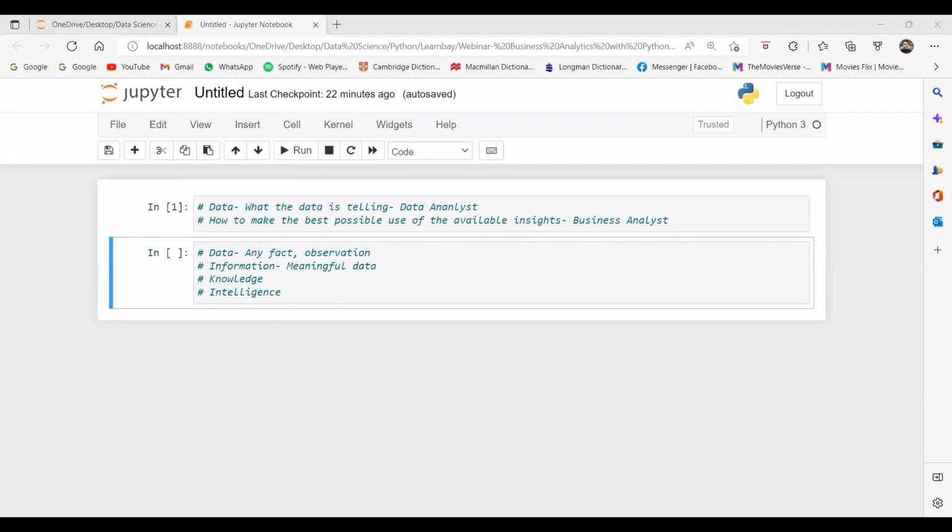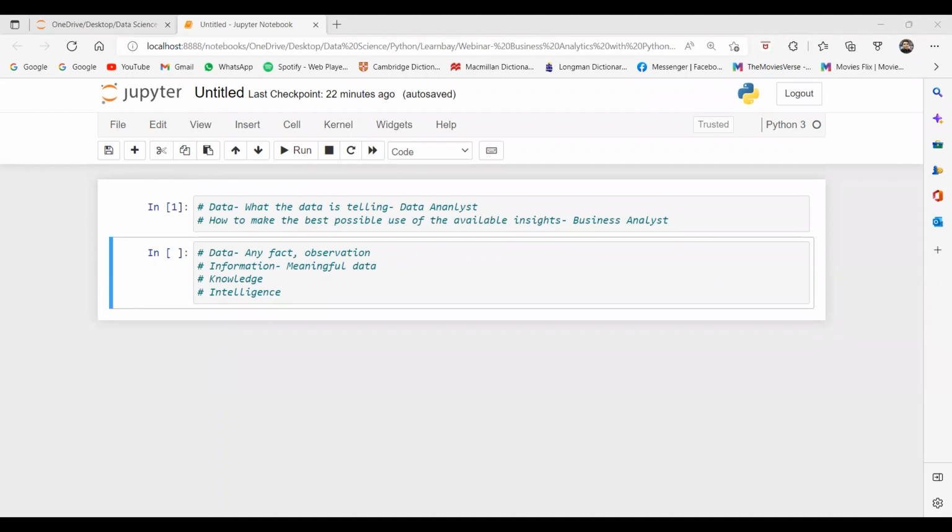For example, you're working in an IT firm and you develop some apps. A client approaches the business analyst, saying, I want a new app for my business. So the business analyst will ask, tell me what features you want. What do you actually want in your app? The client will tell all the requirements, like, I want this, I want that, I don't want this, or I want these upgradations. So the business analyst will gather all the information from the client.